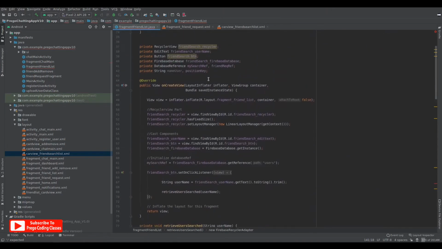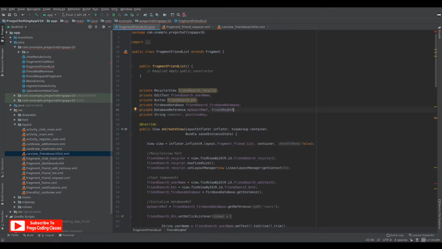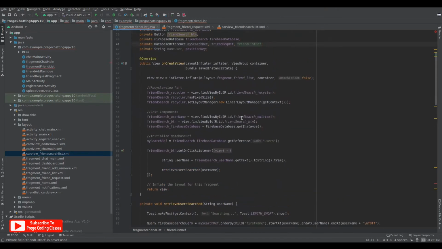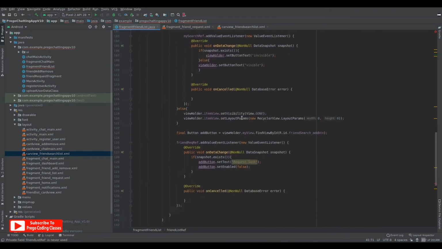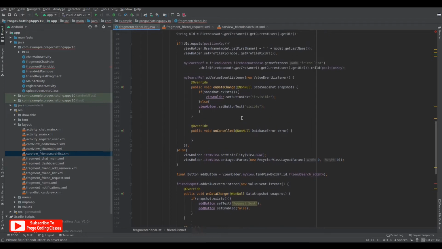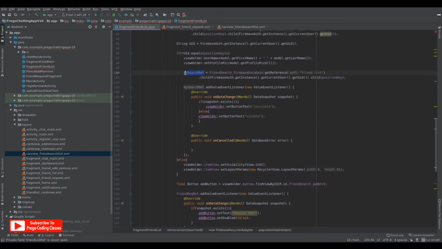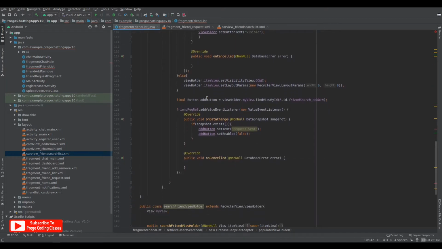So let's create another database reference, friend list ref, and change this to friend list ref, and this one to friend list ref as well. Okay, now everything is fine.